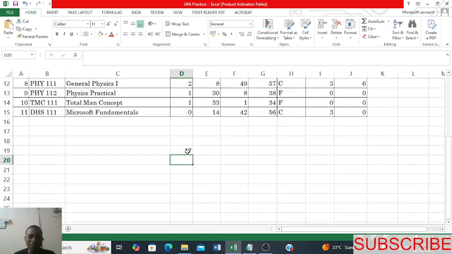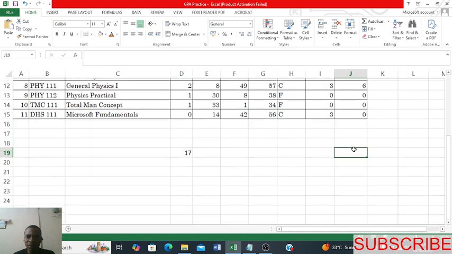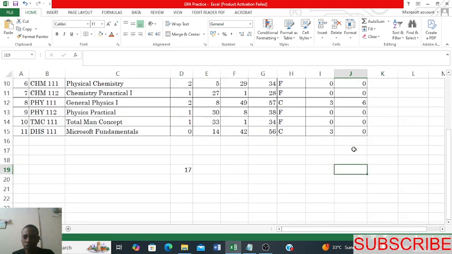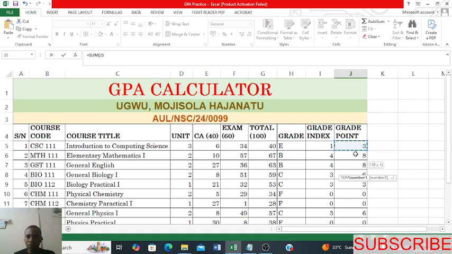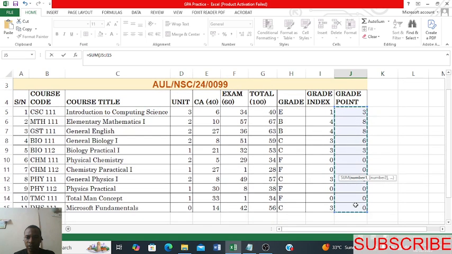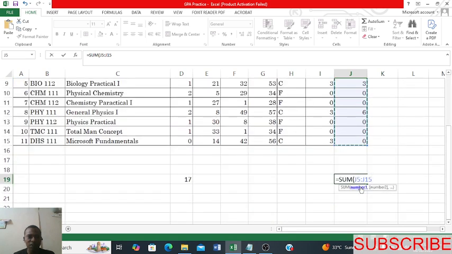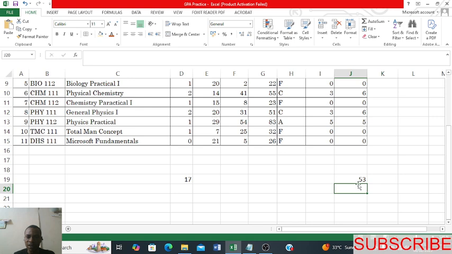So my total unit is 17. Now calculate my total grade point, which will be equals to my sum, open bracket. So I'll get all the summation here. Okay, so I have J5 to J15. I press enter. So my total grade point is 53. Let me make this